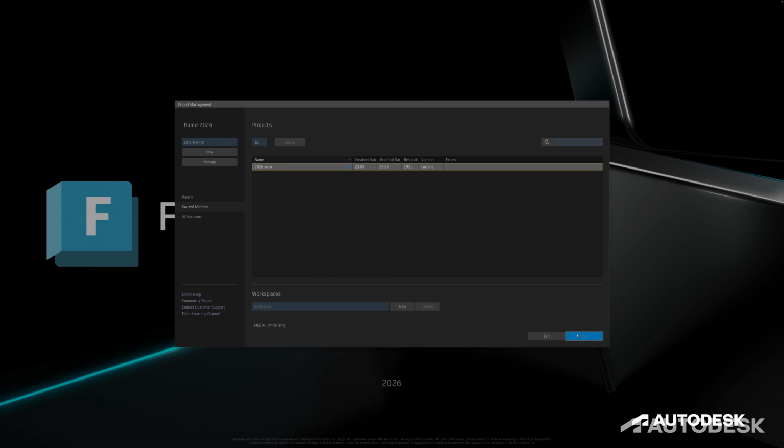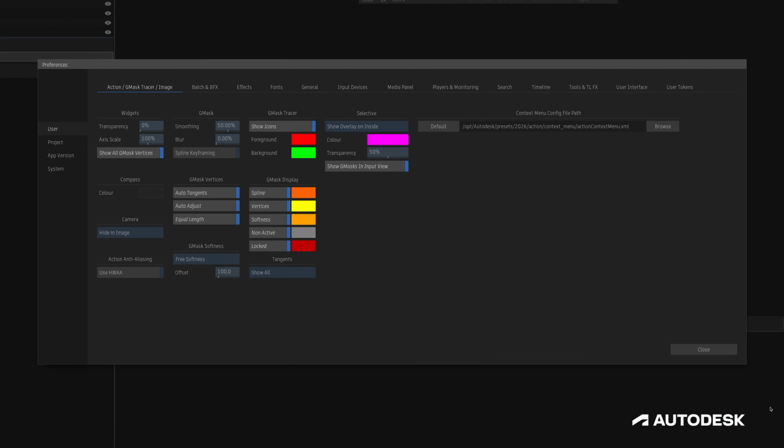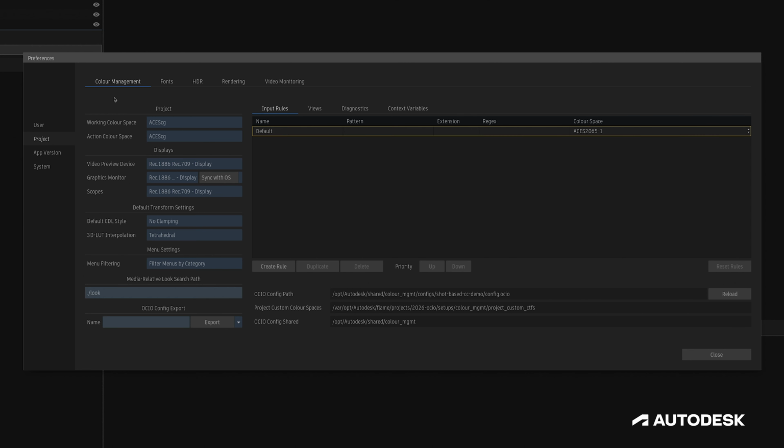the project. Once we're in the project, we access the color management settings in the Flame Preferences under the Project tab and Color Management section. If you're familiar with legacy versions of Flame, much of this might be familiar with a few new options. Input rules come into play when importing media with the color management set to From File or Rules, giving us the ability to automatically tag footage based on criteria we set here, either via a pattern, extension, or regular expression